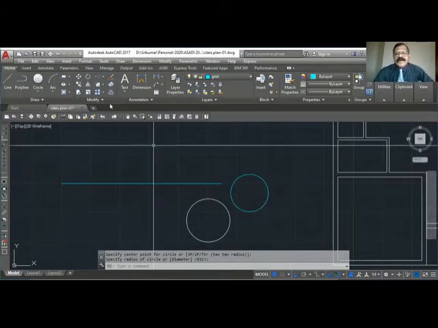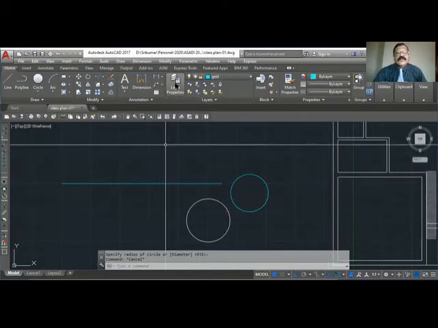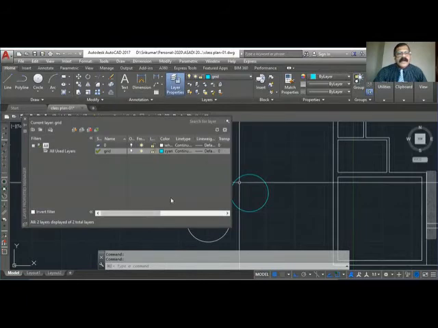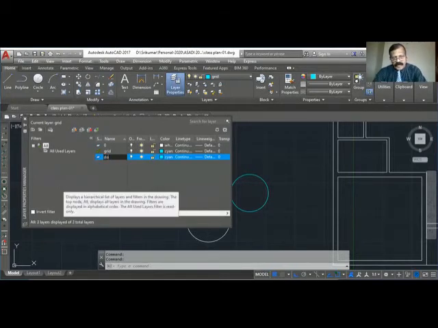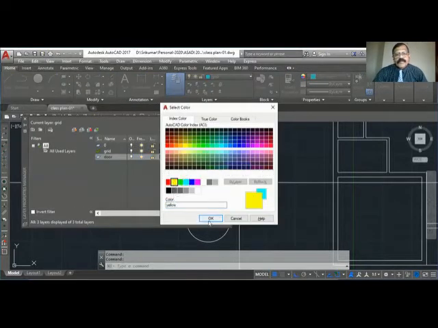Okay. So we require some different types of layers. So we'll go again to layer and I will create a few layers. Another layer I want, so this is the first button to create a new layer. I will say door. I want a door layer. Select a color, yellow.